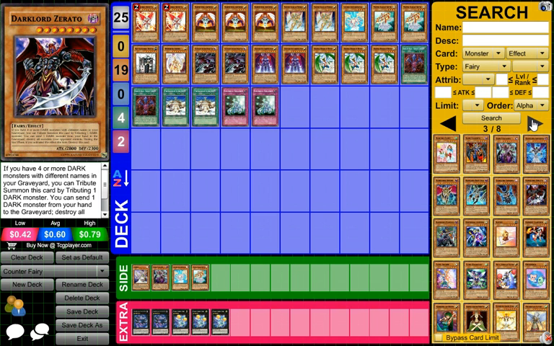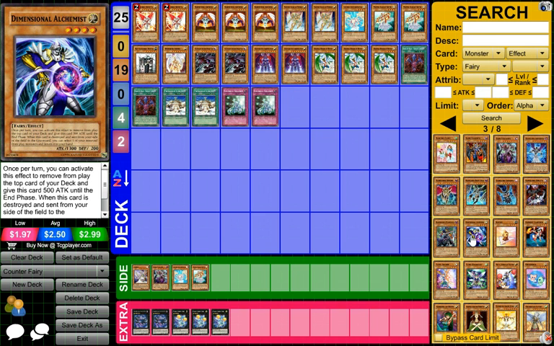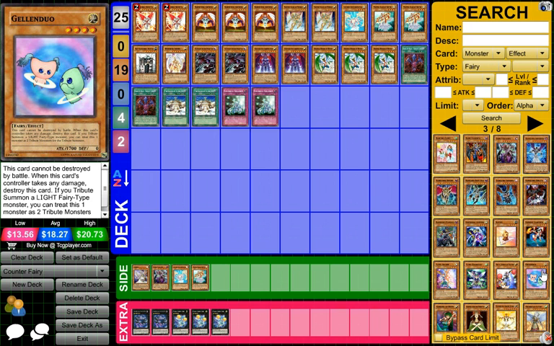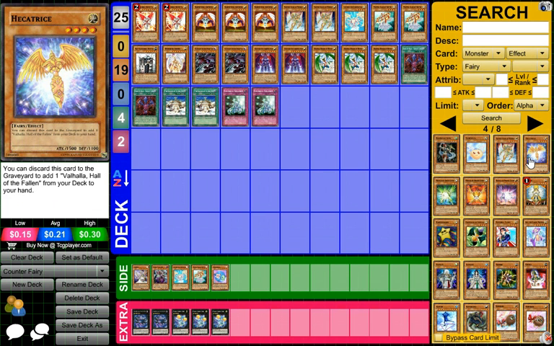No. I could have Freya, Spirit of Victory. What is this? Fairy Archer? No. Dimensional Alchemist, Dark Knight Parshath. Gelen Duo is pretty good. Yeah, think about Gelen Duo. I don't think I want Freya. Hecatrice? Hecatrice could be really good if I have Valhalla. Yeah, so I'll put in 2 Hecatrices